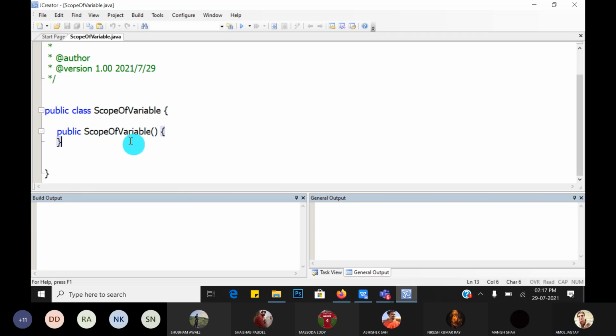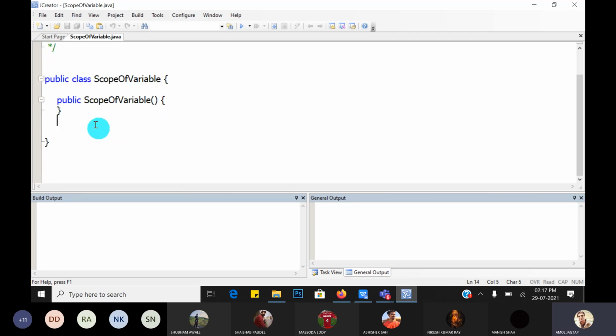Already you have seen that concept in the CPP language also. So this is the constructor, and then you have to write your main method. No doubt we will see the constructor part later on. We require only a class, and that class contains the main method first.